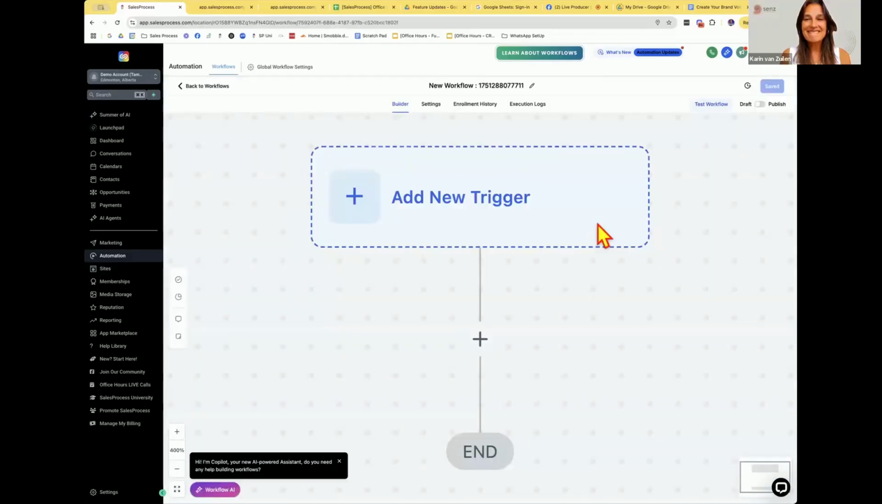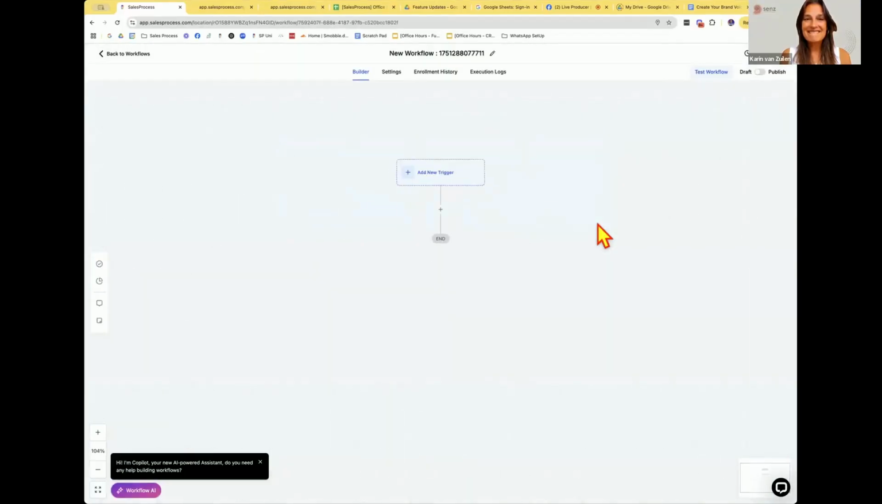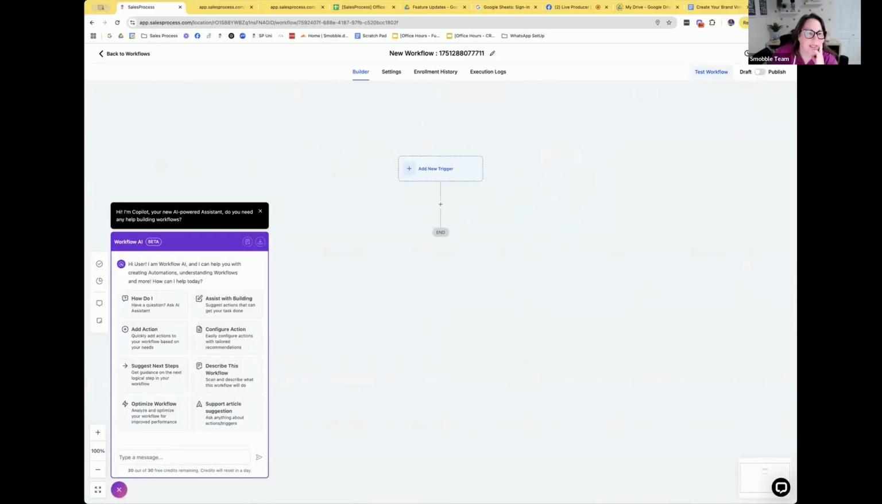Interesting. I do like the workflow AI in here. It's kind of cool because you can click on the workflow AI and then it gives you all these suggestions, but you could also